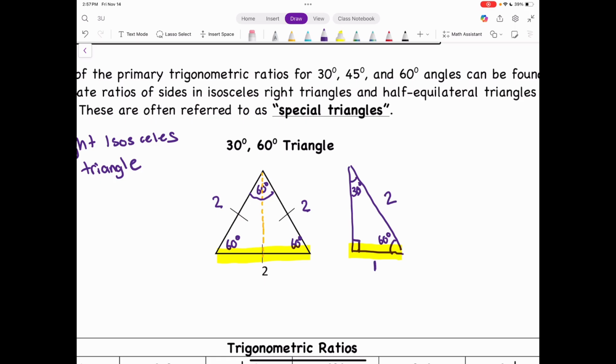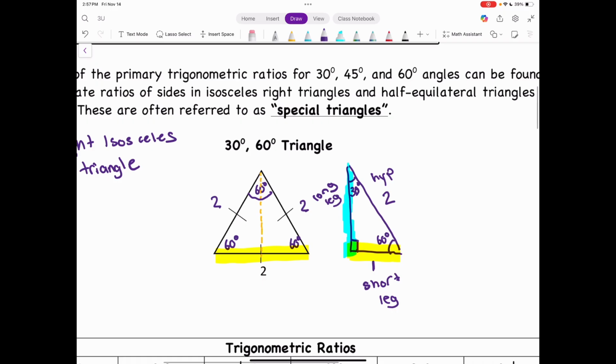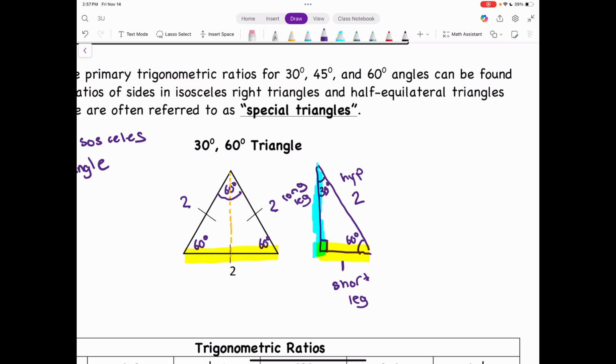And this side length that's measured as 1, we call this the short leg. Our side length that's 2 is called our hypotenuse. It's always called our hypotenuse. The remaining leg, the one that's over here, is called our long leg. Now, to figure out what the long leg would actually be equal to, if our short leg is 1 and our hypotenuse is 2, we would use Pythagorean theorem again. So we would have